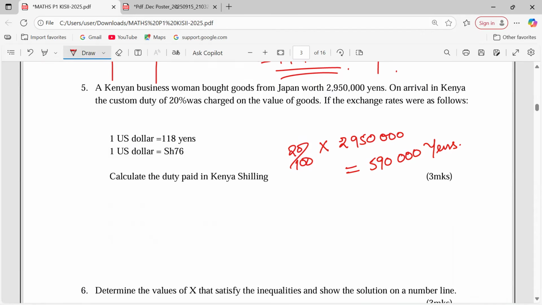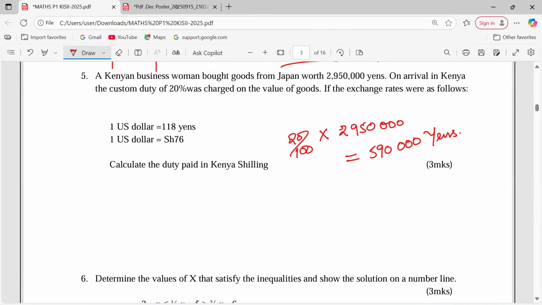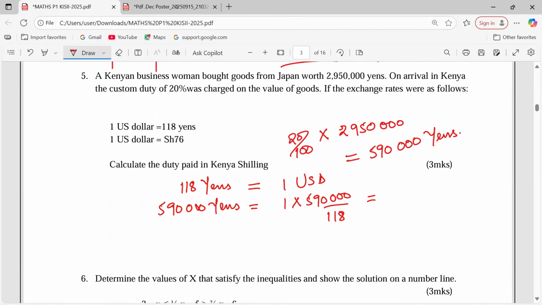The Kenya shilling is not linked to the Japanese yen. So what do we do? We first convert the yens to US dollars, whereby we say 118 yens equals 1 US dollar. What about the 590,000 yens which were charged on these goods? It will be 1 times 590,000 out of 118. What will this give us? Exactly 5,000